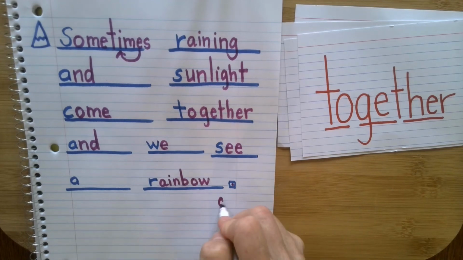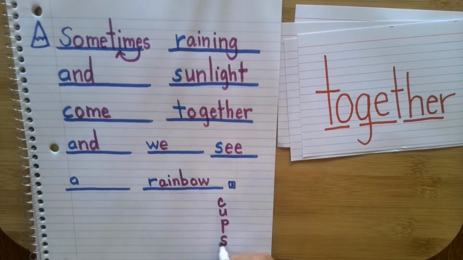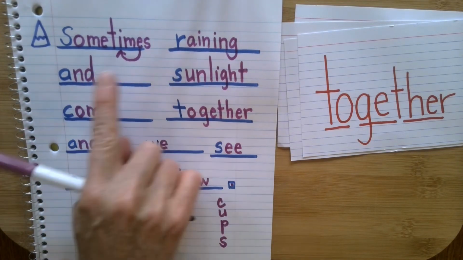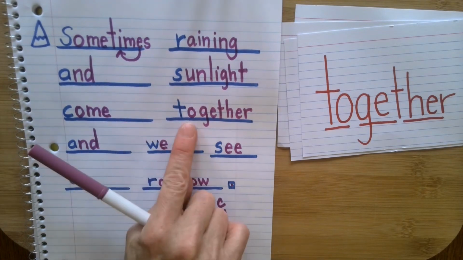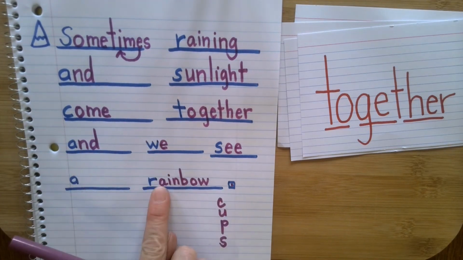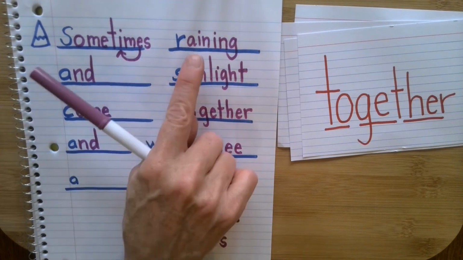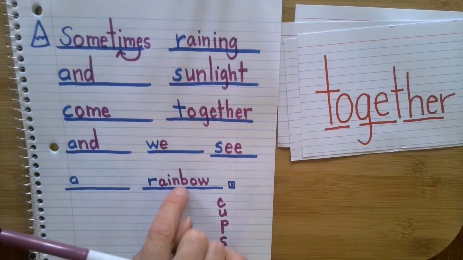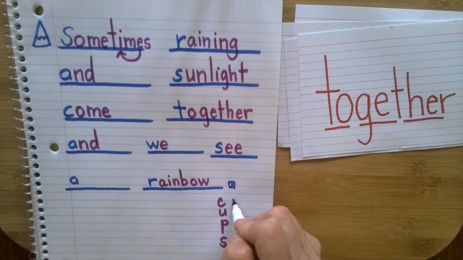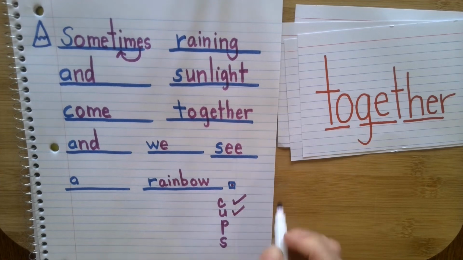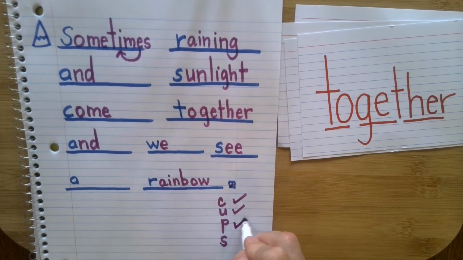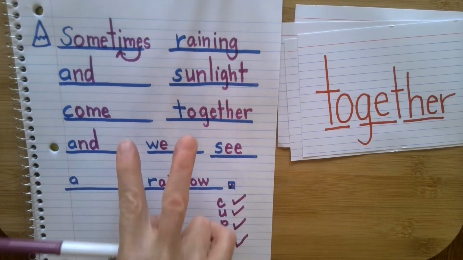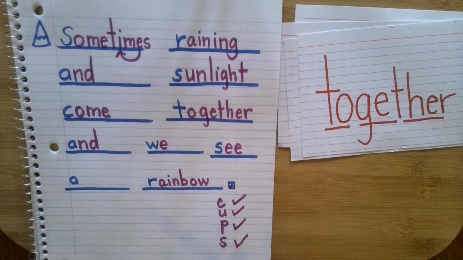Let's go ahead and do our cups. Before we do that, I want to read it to make sure it makes sense. Read it with me. Sometimes raining and sunlight come together and we see a rainbow. One more time. Sometimes raining and sunlight come together and we see a rainbow. I have a capital letter. My sentence makes sense. I have a period at the end and my spelling is correct. We just wrote an 11 word sentence that we're going to go ahead